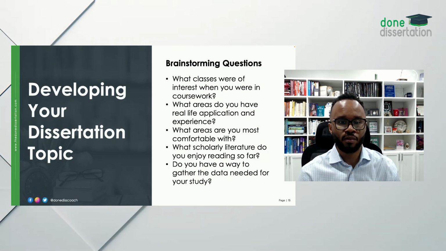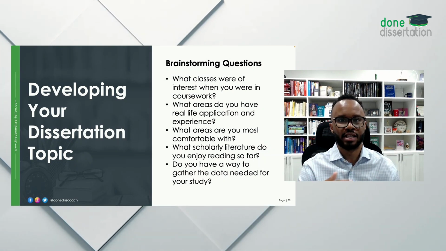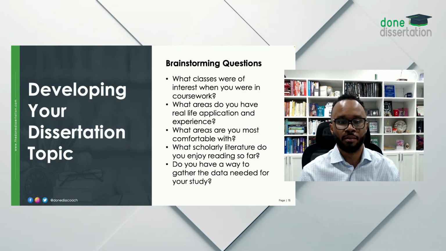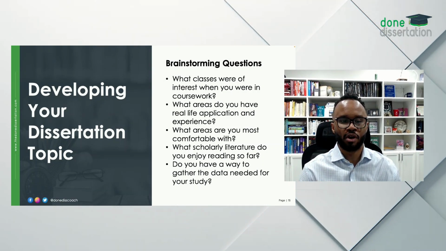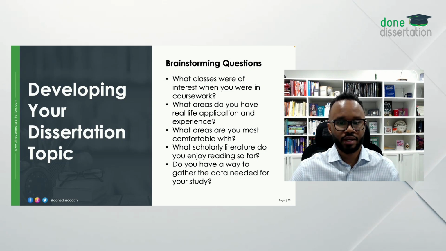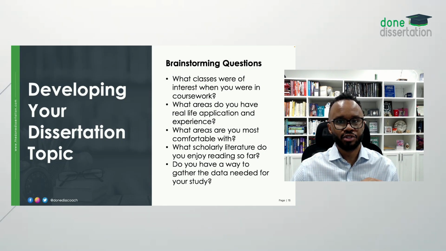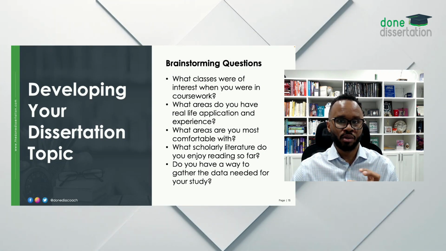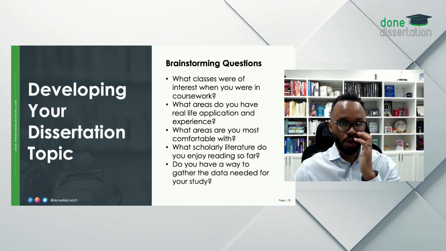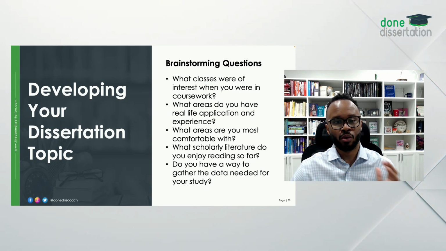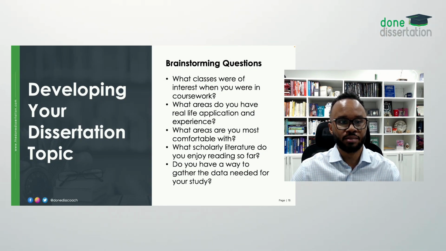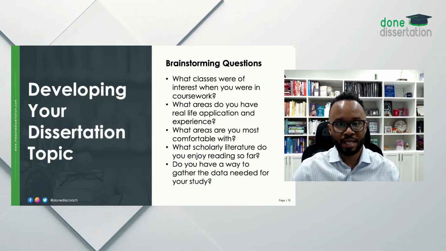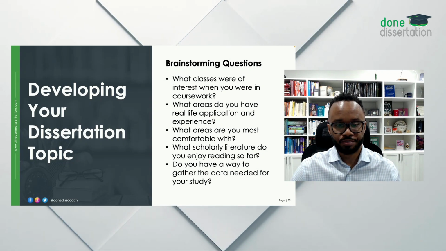Even if you're doing archival work, do you have relationships with the place or places that you're going to need to get this archival data from? These are all things to consider, and this is part of the process to actually narrow in your topic. You want to start considering this now, because when you start writing and you recognize that you can't get the data that you want for your dissertation, you have to make a pivot. Sometimes that pivot can be a small one where you're just changing the population you're working with, or it could be a drastic one where you have to scrap the whole topic altogether. So again, this is something I want you to consider as you are thinking through potential topic ideas for your dissertation.